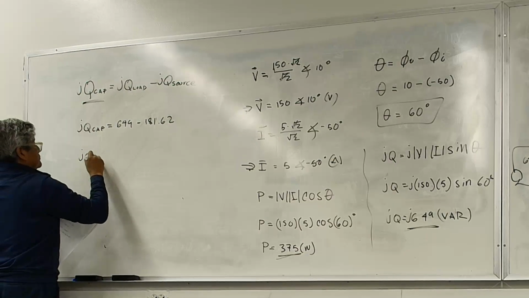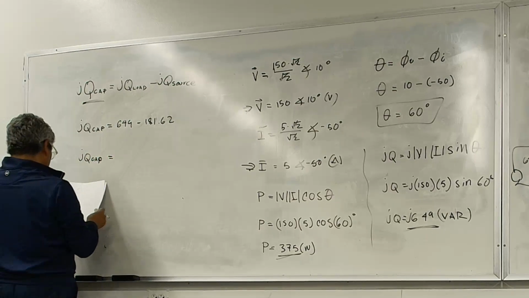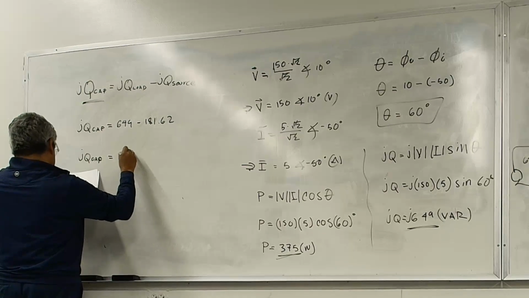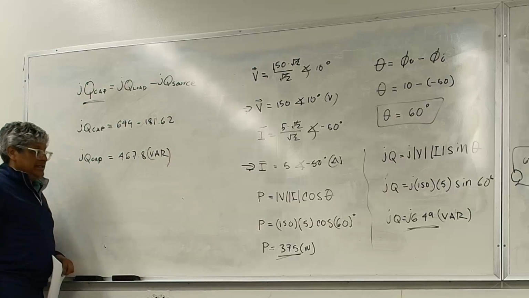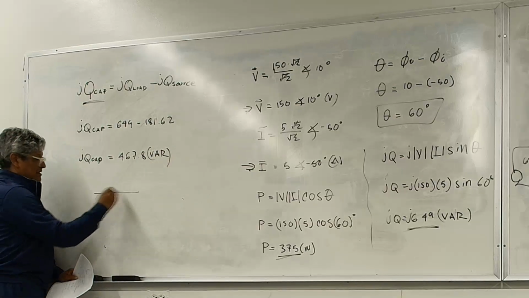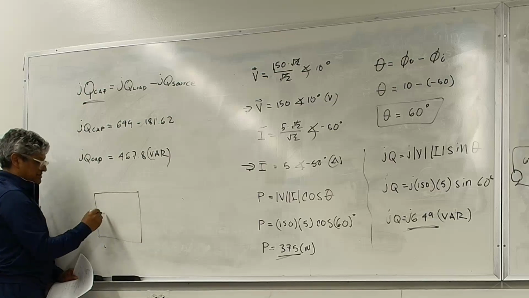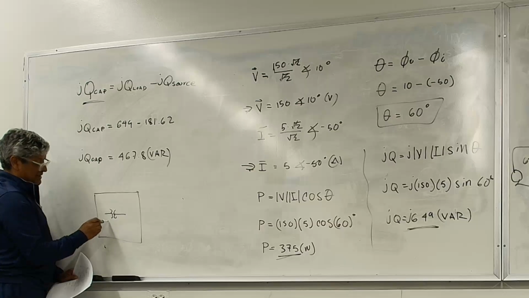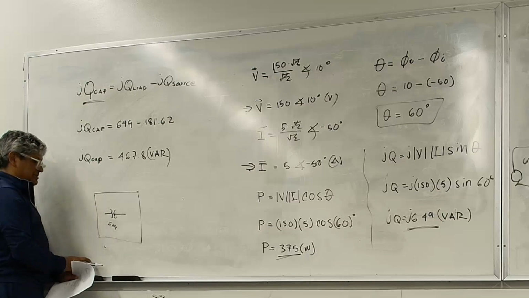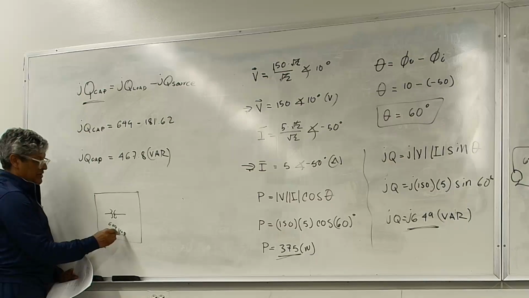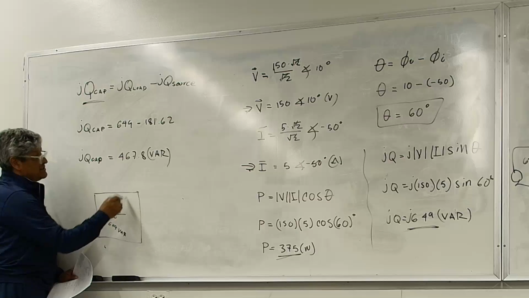The cap is equal to 467.8 vars. The way you can think of it is this. This is a substation. Here's my transformer. My transformer is pulling, I'm going to say, a total of 649 vars. Inside the substation, I'm going to put a capacitor that gives me